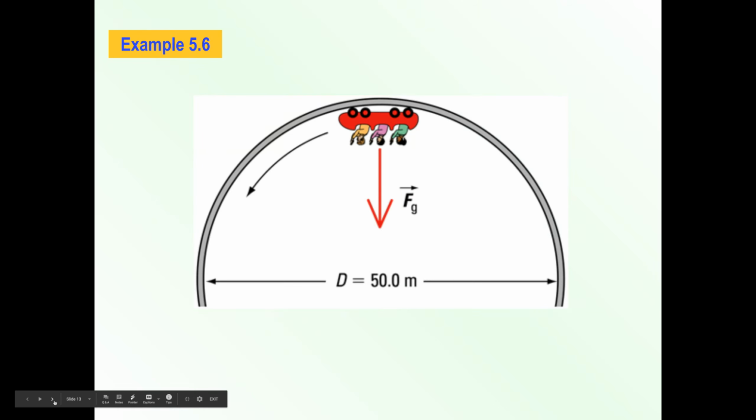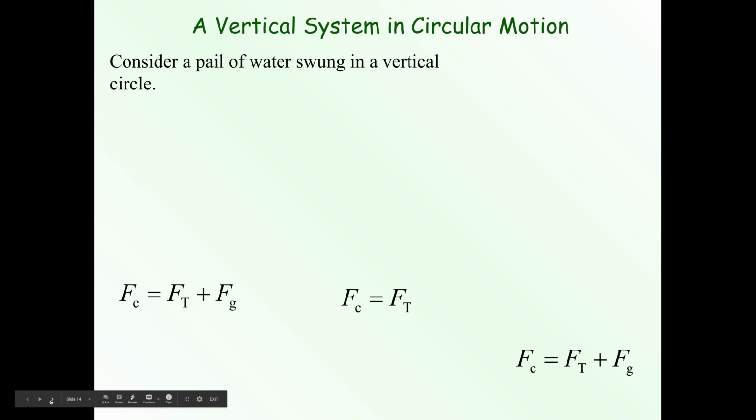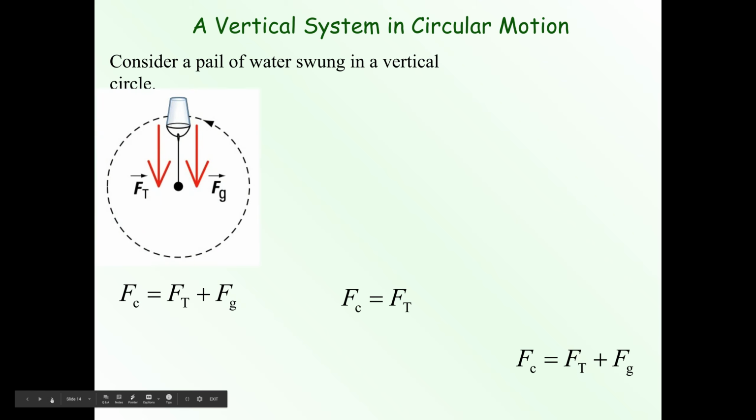Again, there's an example on page 262 on how to solve these problems. Okay, a vertical system in circular motion. So if we consider a pail of water that's swung in a vertical circle, for these types of questions, again,